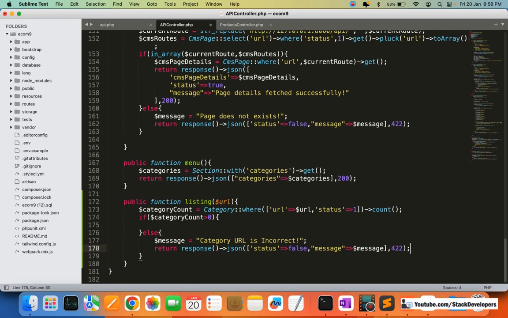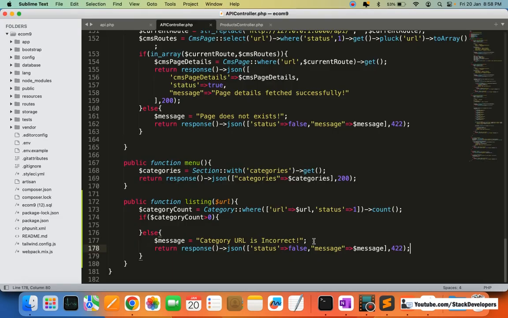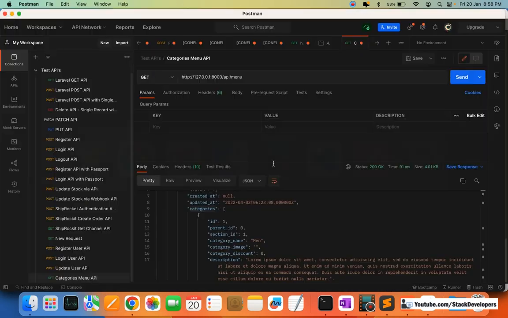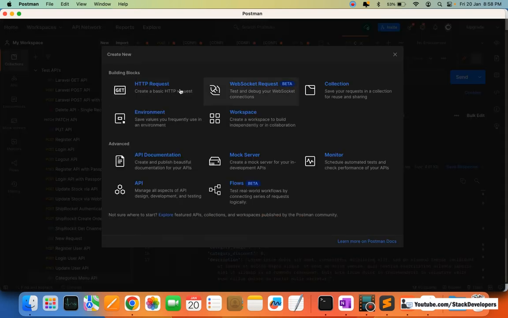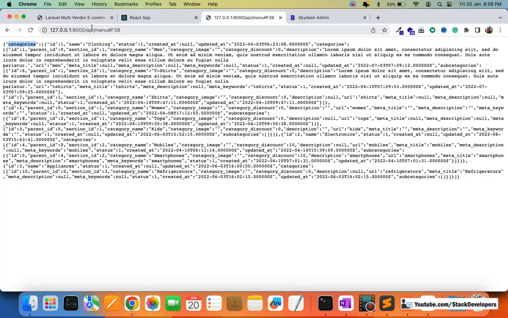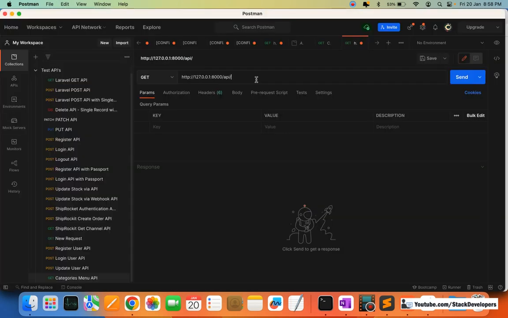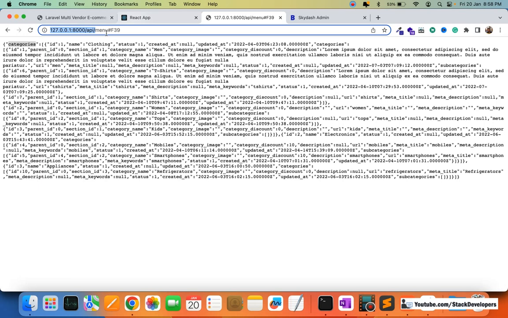Okay, so now if we are going to run, I'm going to run this API. I'm going to check this API. We are going to debug side by side. So this earlier API I'm going to save, and going to create the new API now, HTTP request. And this time the API link is the listing, and after that I'm going to pick one of the URL, like